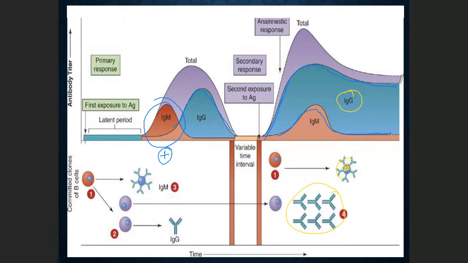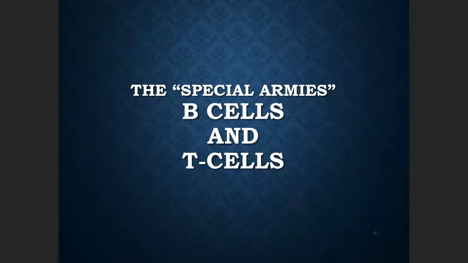So the first response usually takes about 2 to 5 days, and the second response, let's say it is COVID-19, about 2 to 5 days, during the incubation period. And then the destruction of the viruses maybe takes about 7 to 10 days. And this is when the IgG is destroying the viruses. That's the time when we have the disease, the illness.